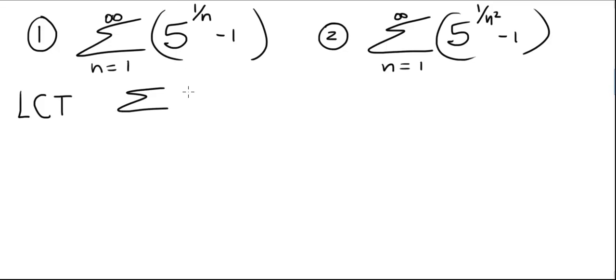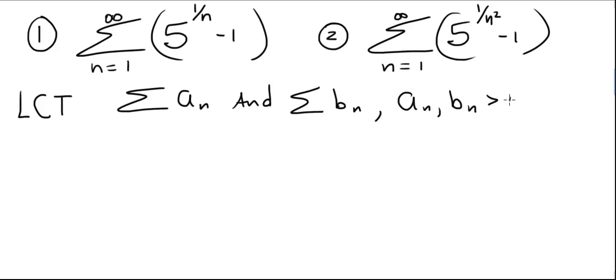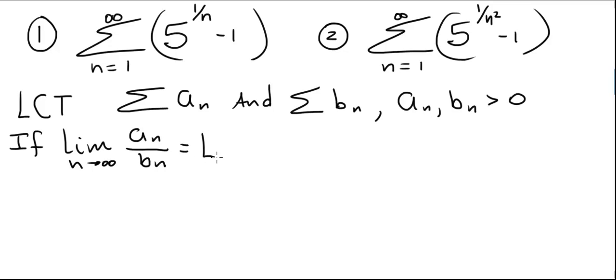Recall, the limit comparison test works like this. Suppose we have two series. One we'll call summation a sub n, and the other we'll call the summation b sub n, with a sub n and b sub n positive for all n. And then if we take the limit as n approaches infinity of a sub n over b sub n, and that limit is L, and L is positive and finite, then